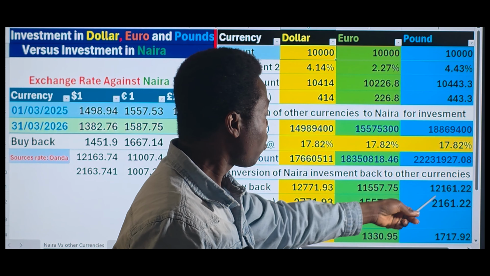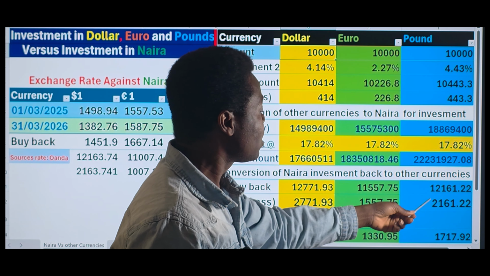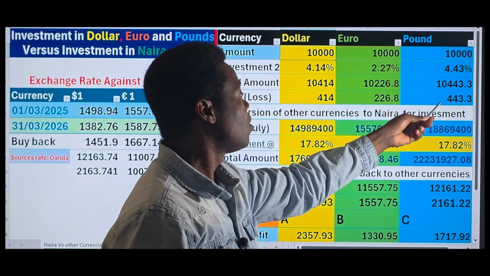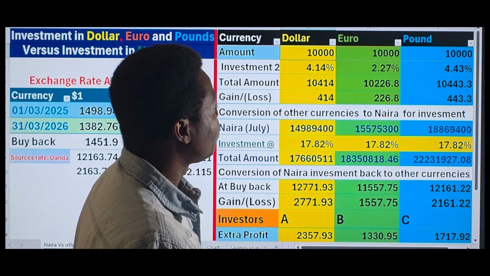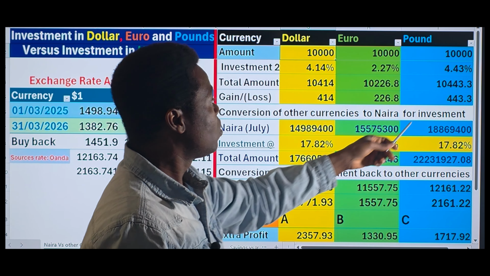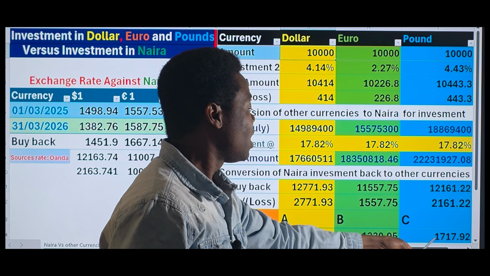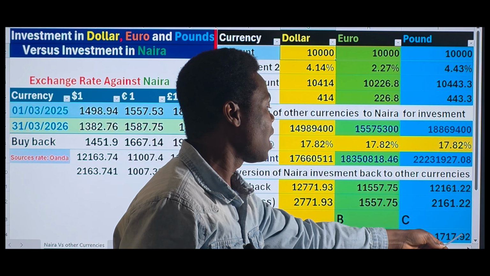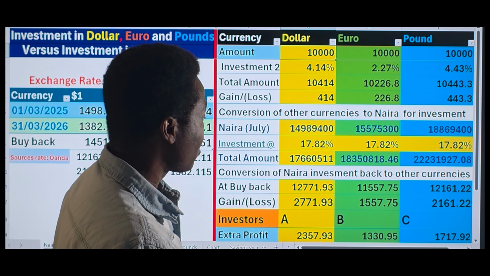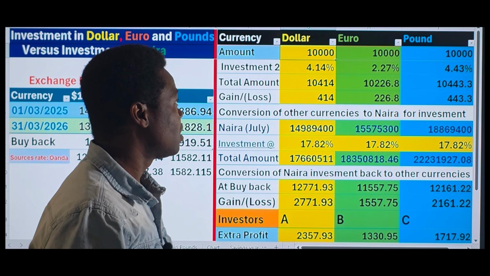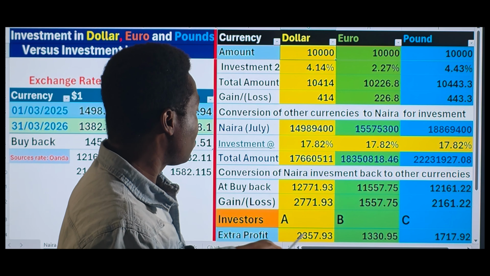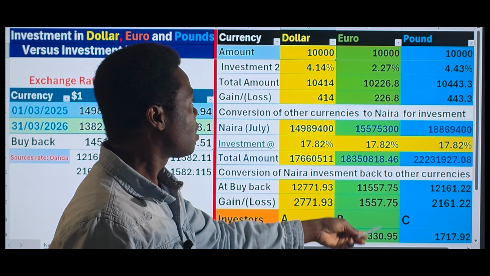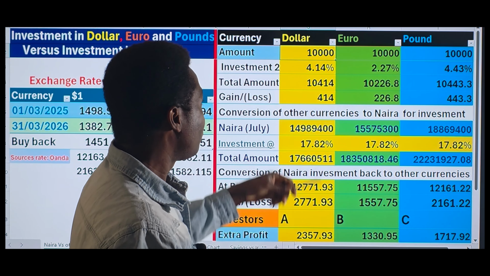Then if you compare the profit he made in investing in Nigeria Treasury bill with the profit he made when he invests in UK Treasury bill, you will discover that he has extra profit of £1,717.92. As you can see from this analysis, these three investors representing America, Italy and UK, the investment they did